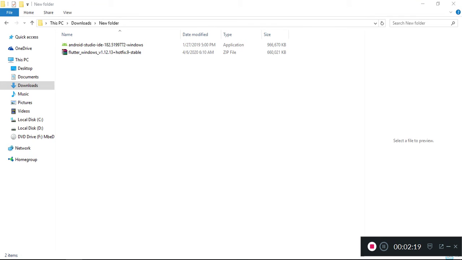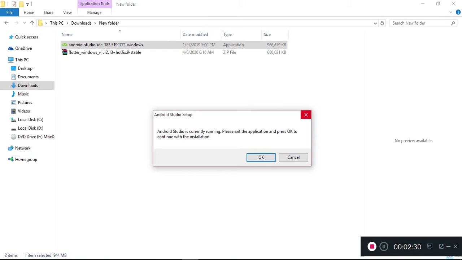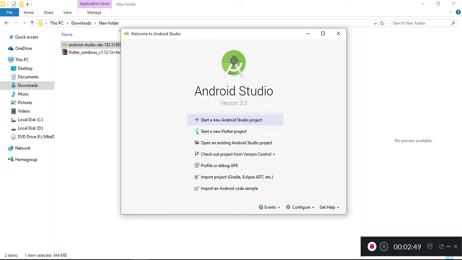Alright guys, it has finished downloading the Android Studio setup. Now it's all good, and just click it and follow all the necessary steps to install the Android Studio. But I've already downloaded the Android Studio, so I'm not gonna do it twice. So it's just basic steps towards the installation, and it's easy. And after you finish, you'll see this